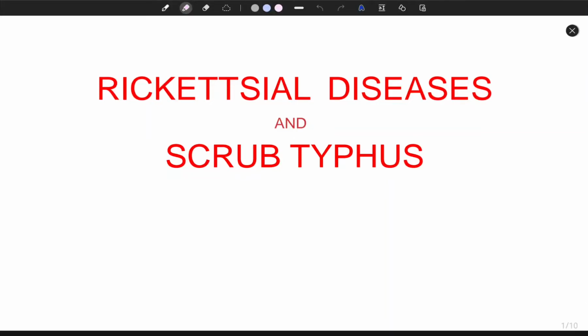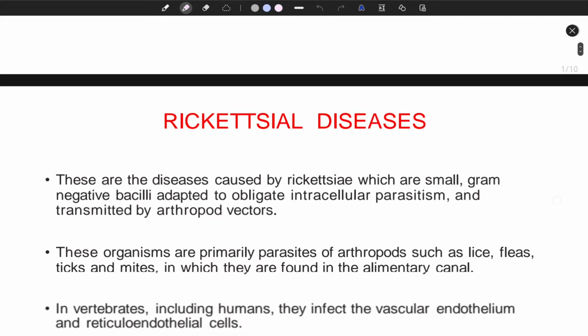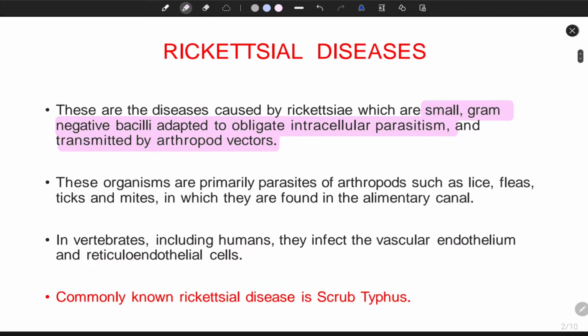Rickettsial disease and scrub typhus. First, we are going to talk about rickettsial disease. These are the diseases caused by rickettsia, which are small gram-negative bacilli adapted to obligate intracellular parasitism and transmitted by arthropod vectors. These organisms are primarily parasites of arthropods such as lice, fleas, ticks, and mites, in which they are